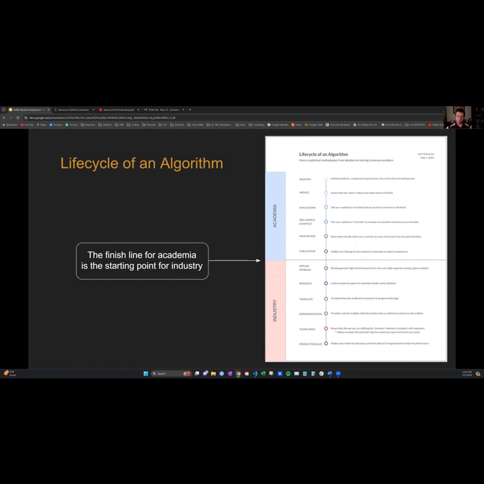A line of business comes to us and says, we have $1 million in our marketing budget. We want to find out how to best use that money to reach the most amount of people and to retain the most customers, as an example. So then we would take that problem, we develop a very high level framework, and we try to look into the academic sphere to see, okay, what kind of papers would be relevant here?